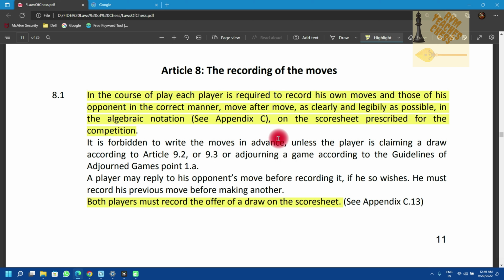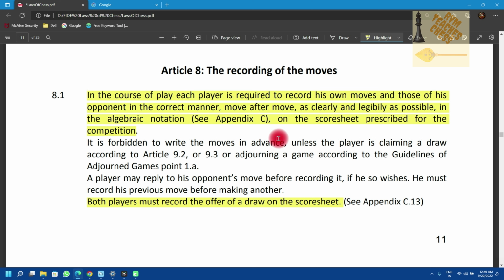Which means, when writing notation on the score sheet, you should write it clearly, with good clarity so that others can recognize what you have written, and in good handwriting. Because there might be instances where you make claims and the arbiter has to come and replay the whole game, and if the notation is not clear, there's no way he can know what has been played over the board. So it is your duty to see that you have written the notation in a clear and